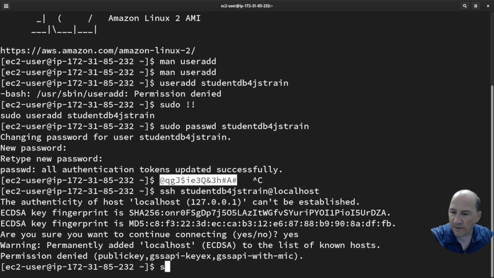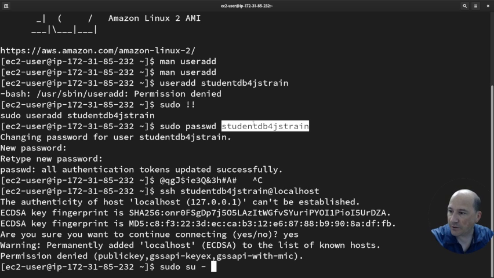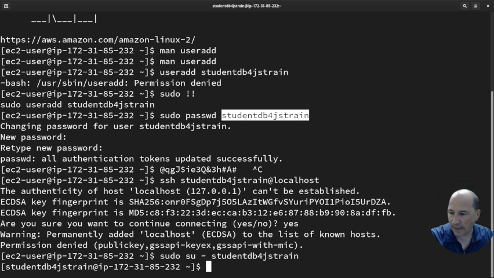So what if I sudo, switch user, su dash, and let's become this user, just to make sure that we can log in. And I can. So the reason why it didn't let me log in is because,